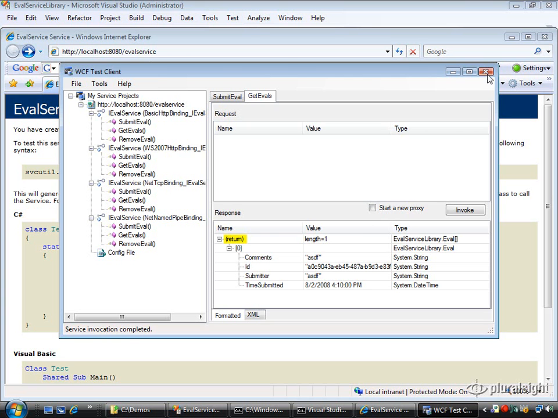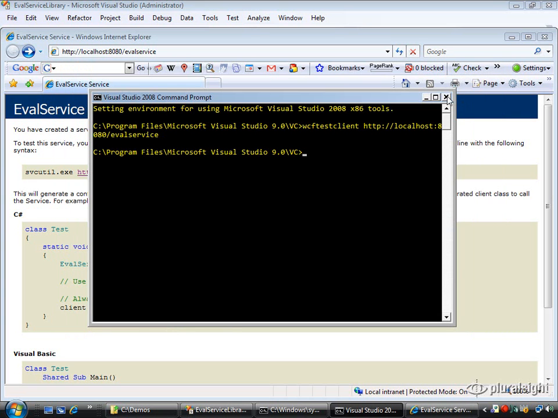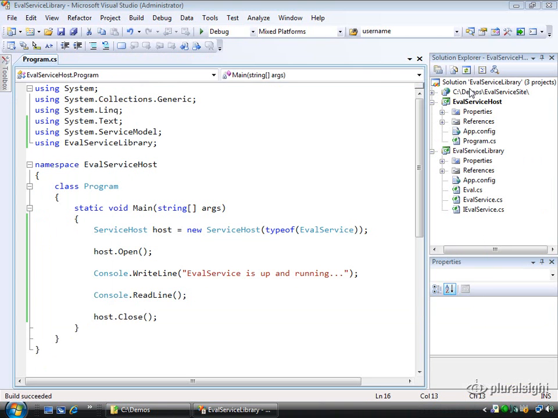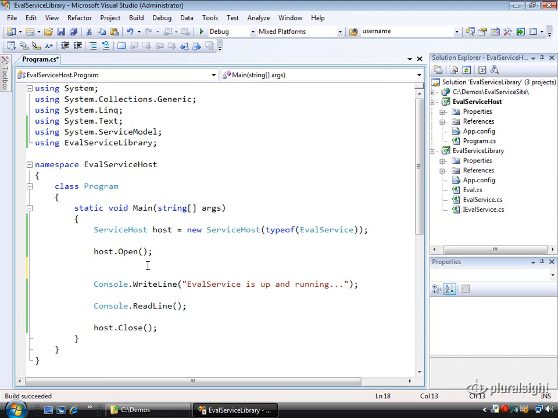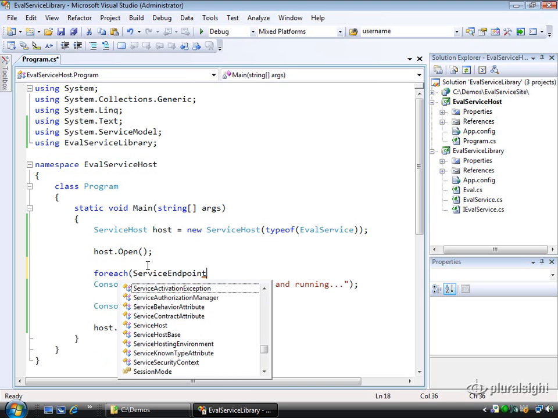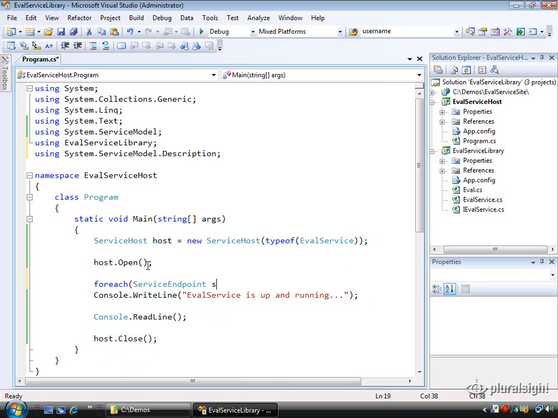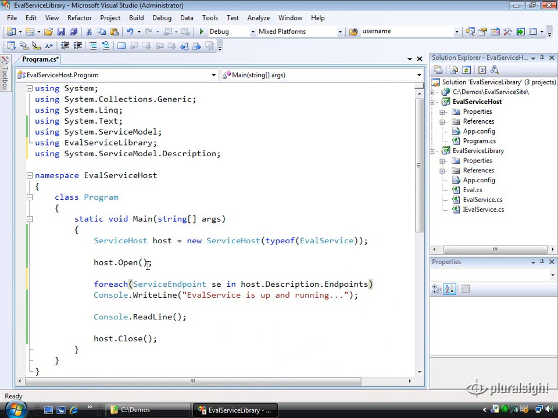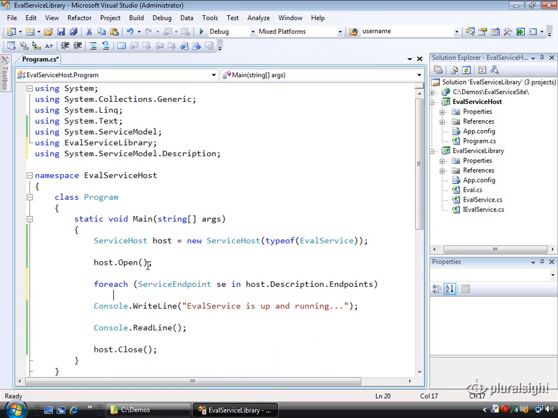Now, within your host application, you could provide a little more detail within the UI around what endpoints are visible and what endpoints are actually active within that host. Let me just jump back here to our service host code and show you what I mean. Here, after we call open, we could do something like this, where we say for each service endpoint, let's bring in the namespace for that, se, in host.Description.Endpoints, let's print out